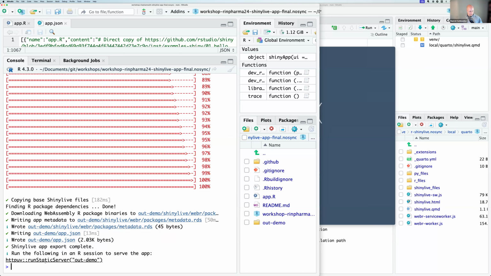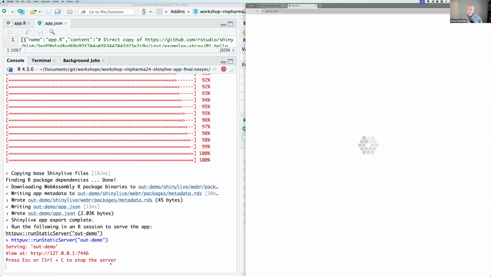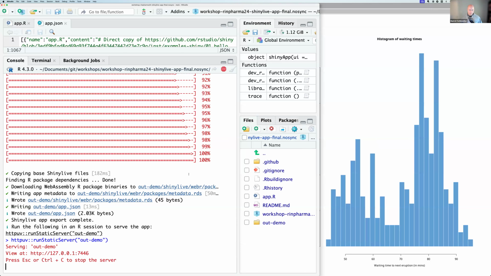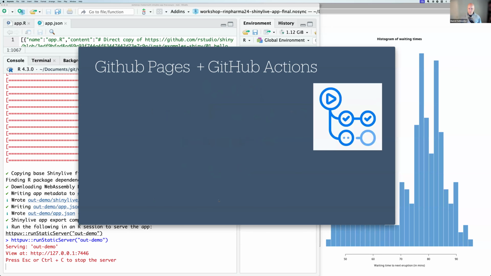All right, so httpuv run static server, and I can do it with demo, and it shows up. All right. So it does work, but this cadence of doing this, you have to download the assets once, but you do have to have them on your machine, and then you do have to run the server. And if I were to shut my machine off, then the server dies. That's why we do deploy things. So that's why it'd be really nice instead if we had GitHub Actions do this for us.